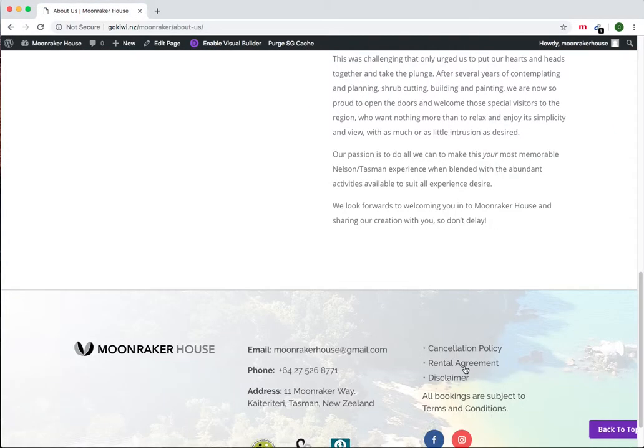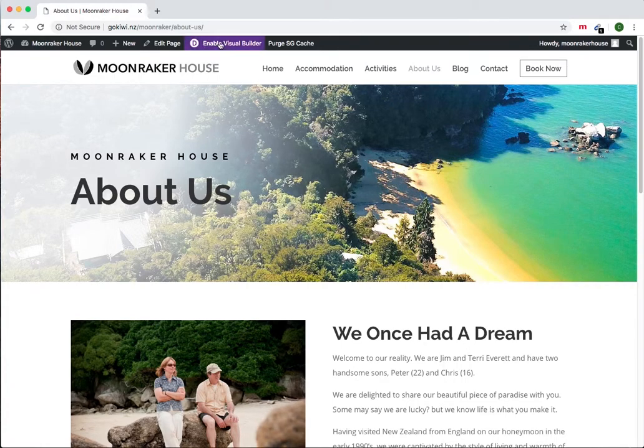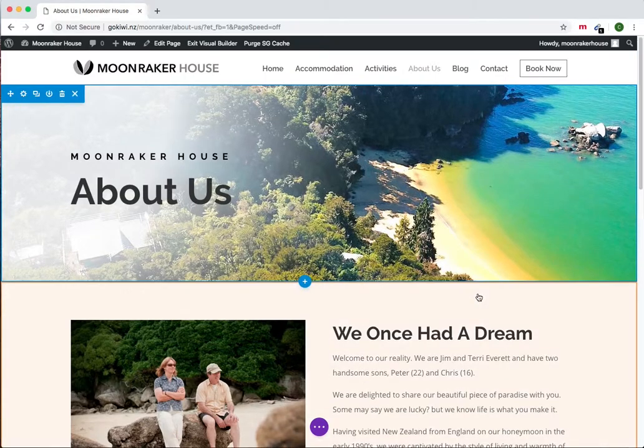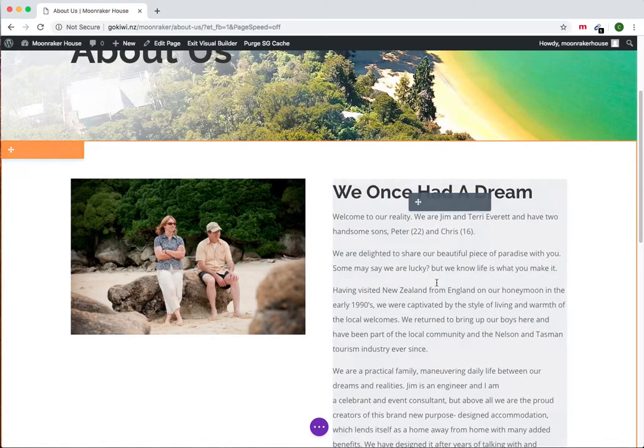So once you're on this page, you have this button up here, Enable Visual Builder. So let's click that. And what that does is that gives us a front-end editable version of the website. If you see, we can just hover over things and then it gives us these options. We can move this. It's called a module. This is called a text module. This is an image module. So we can move the module, we can duplicate it, we can trash it, or we can edit it with